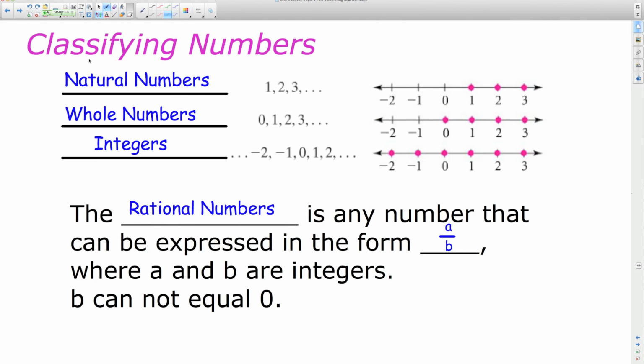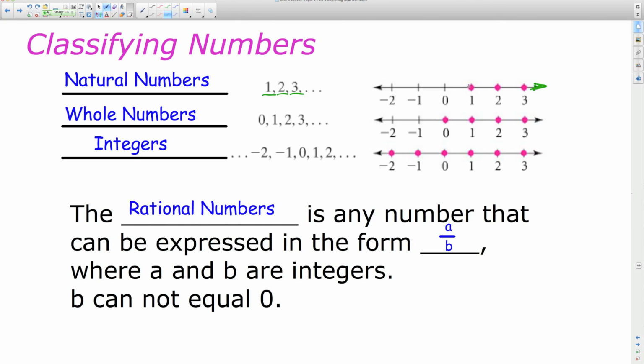Here we're going to be talking about different ways to classify numbers. First, we have the natural numbers. You can see those numbers listed here: 1, 2, 3, and then dot, dot, dot. That dot means that pattern continues on. 1, 2, 3, 4. Notice it's none of the numbers in between. It's the natural numbers over here on the number line. 1, 2, 3. Really, we should bold this to indicate that that goes on forever, meaning all 4, 5, 6,